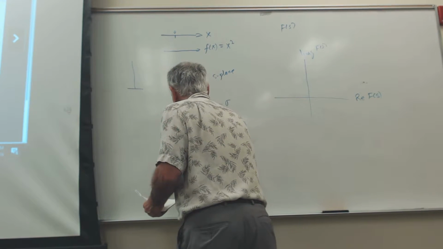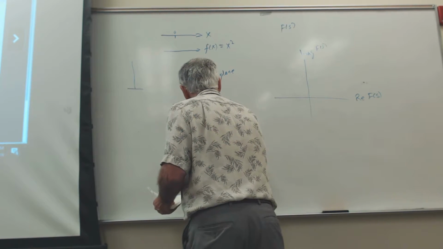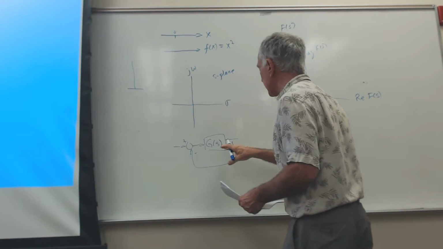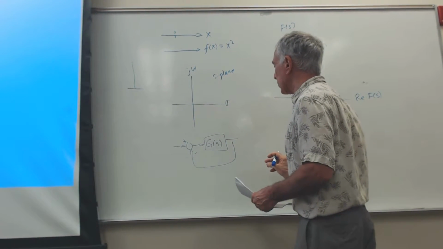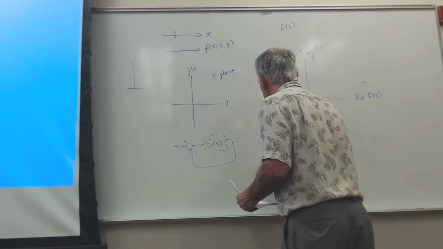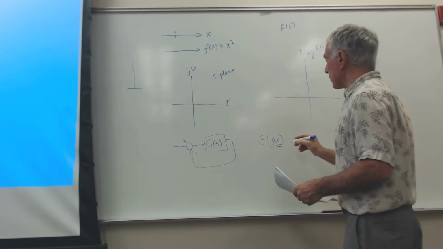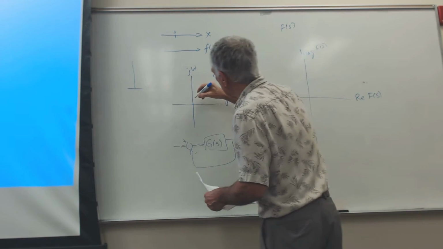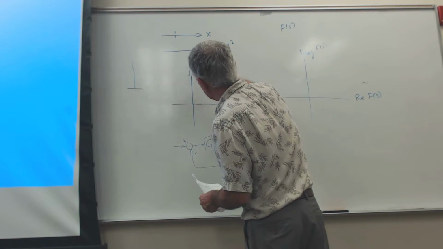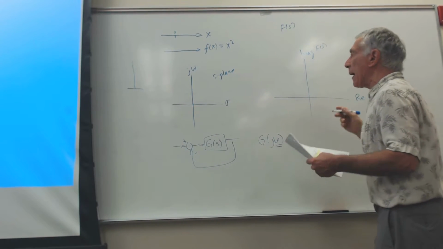Let's say that you have a closed loop control system, and you want to run a frequency response on the open loop transfer function G of S, what you do is replace S by j omega, and you let omega take on values that are positive, right? So, when you run a frequency response, you consider values of omega going up the j omega axis here, and you map,